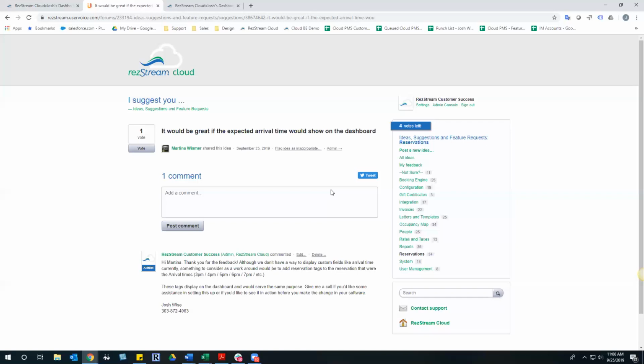check-ins, and you don't want to get out of bed at 11 p.m. at night because someone didn't inform you that they weren't going to get there till then, and they're ringing the doorbell or calling your emergency number or whatever it is that you have, saying, hey, let me in, right? So Martina, as well as others, are tracking arrival times. And so she's saying, hey, it would be really nice if you could show that to me on the dashboard so I didn't have to then dig into the reservation multiple layers deep to find that information that I'm already